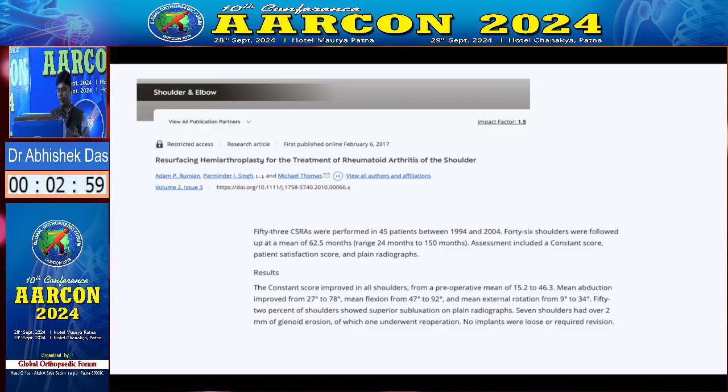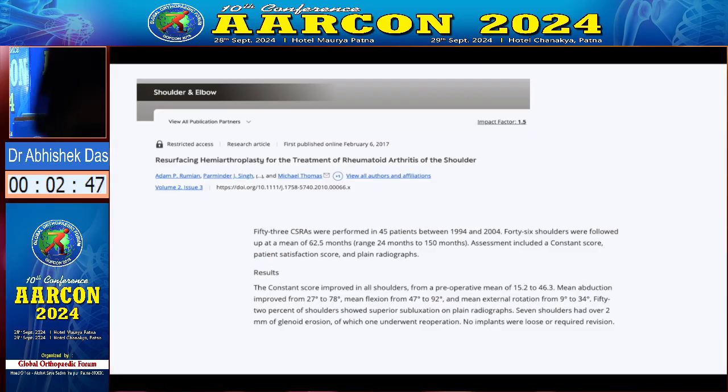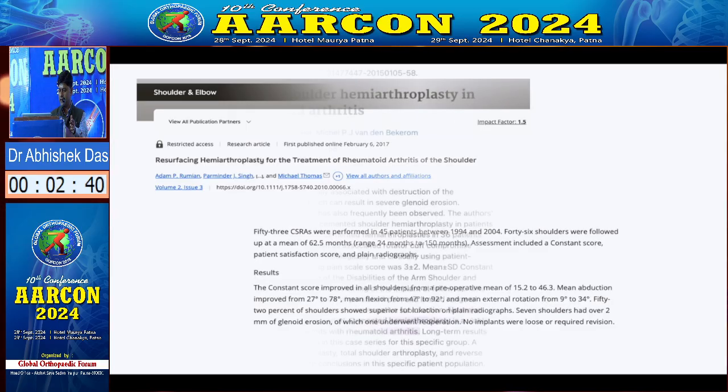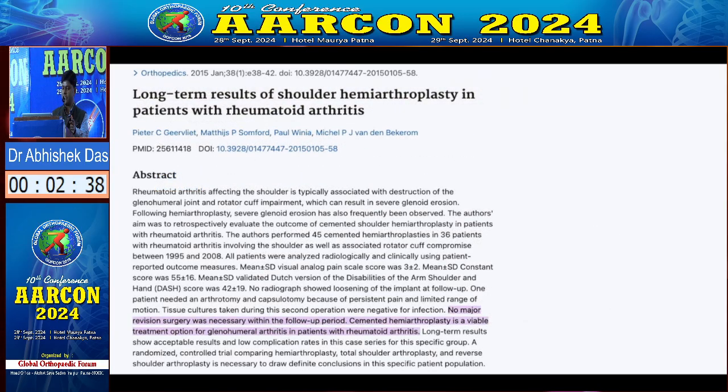So we can see that this is an old article, patient selection 94 to 2004, when the reverses were developing. So they had good results with hemiarthroplasty. However, you can see the mean abduction was less than 90 degrees in this. Now the next paper, which says long-term results of shoulder hemiarthroplasty. Again, when they say long-term results, this is not so long ago paper, and what we see is that